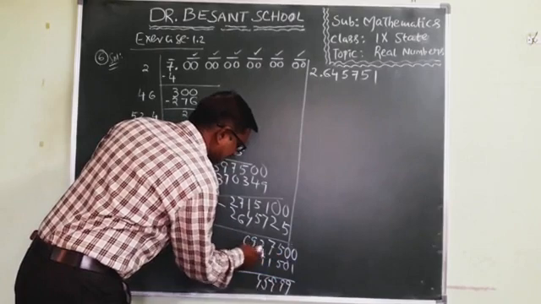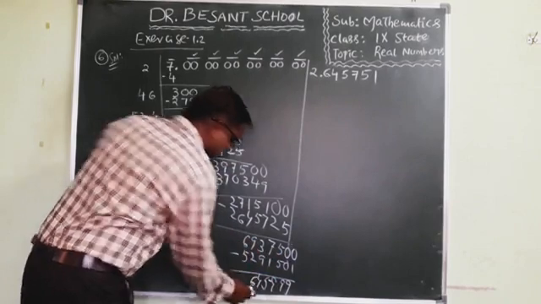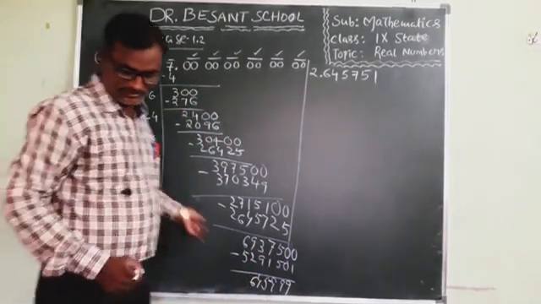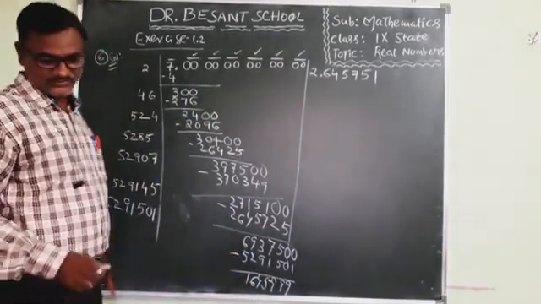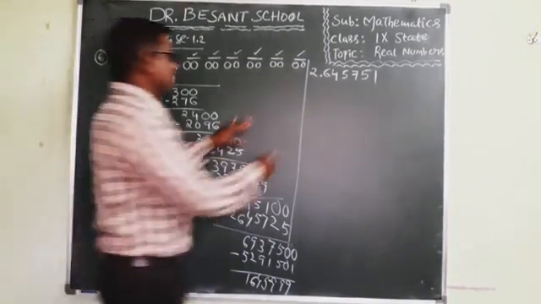So what will be there? 8 minus 2 is 6. 6 4 5 9 9. What is this one? This is 6 minus 5, 1. 1 6 4 5 triple 9. Yes. Okay children. So what we have?